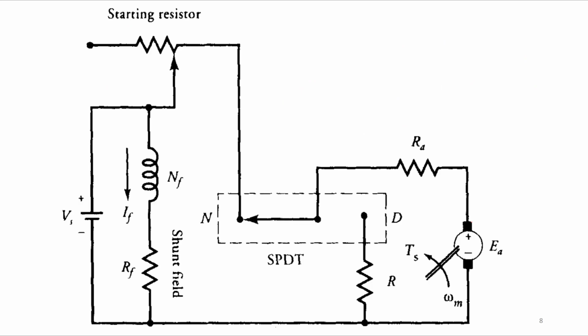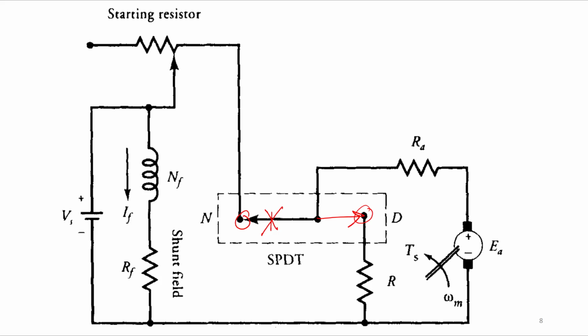Okay, similarly we can do the same for the compound motor, right? Now, this is a circuit for your dynamic braking. So you can see this is a shunt motor where we have a single pole double throw switch. Single pole double throw means it has a single pole connection, but it has two throws. In one throw it will open the circuit here, and in the next throw it will close here. Single pole double throw switch.